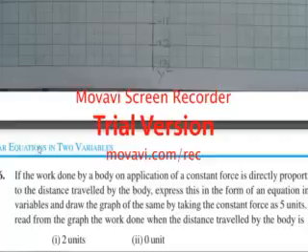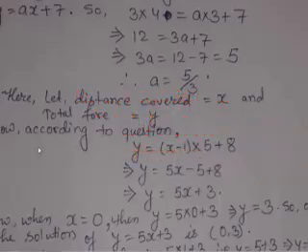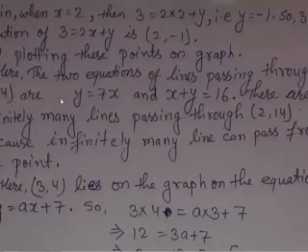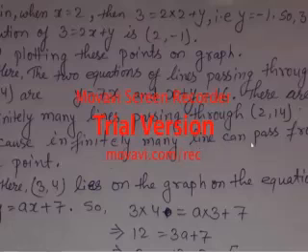Question number 2 I had written. Okay, number 2 you can see here. The two equations of the lines passing through (2, 14) are y is equal to 7x, as I said, and x plus y is equal to 16. There are infinitely many lines passing through (2, 14), because infinitely many lines can pass through one point. Okay, you can read about this in Euclid geometry also. There are postulates. I'll be explaining what postulates and axioms are, all these things in Euclid geometry just after this chapter. I think the 5th chapter is Euclid geometry only.